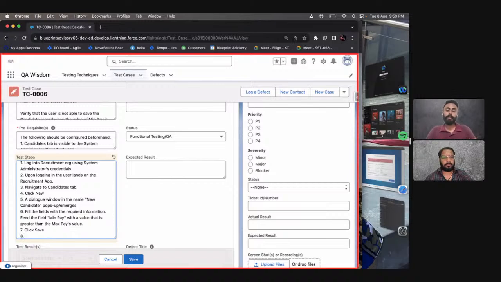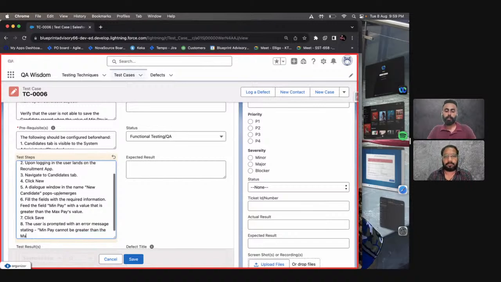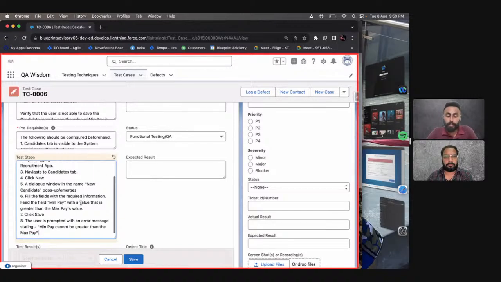Eighth step, and the final step while creating a new record, would be that the user is prompted with an error message, and do state the message stating minimum pay cannot be greater than the maximum pay. So here we are very, very much clear about the fact that we have listed down